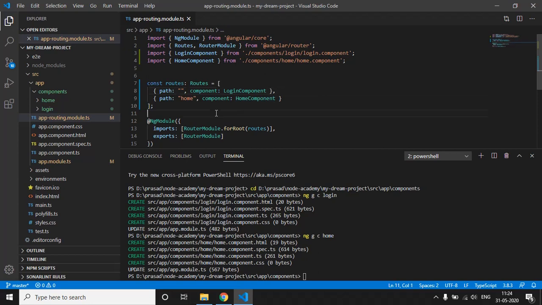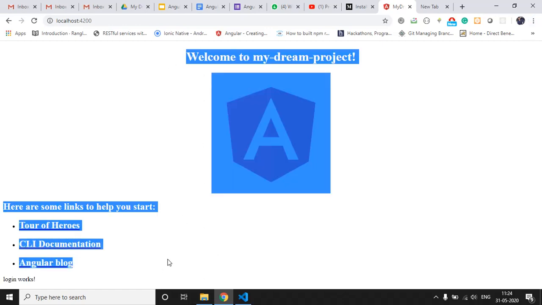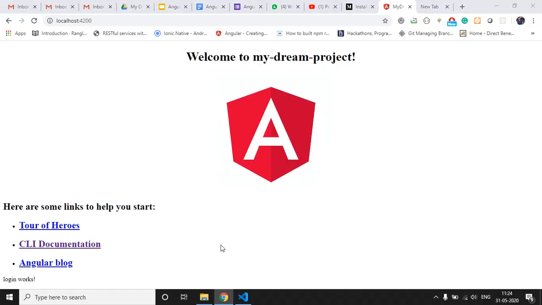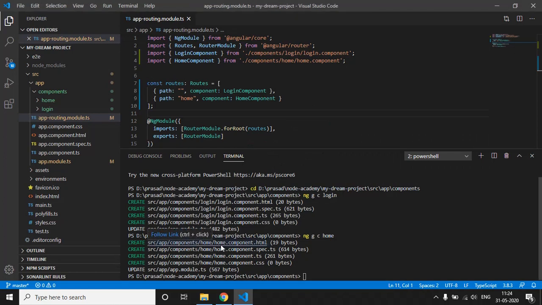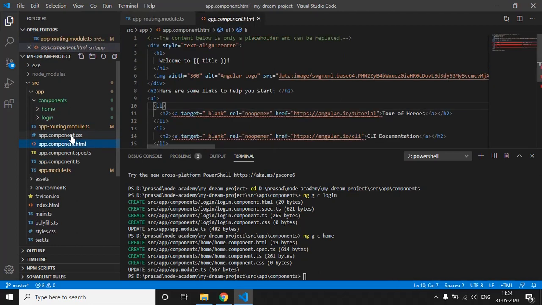Now on localhost 4200, we are able to see this stuff that is there, right? All that content is written in this app.component.html file, as this is the default component created by our Angular application.